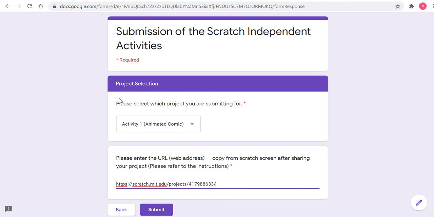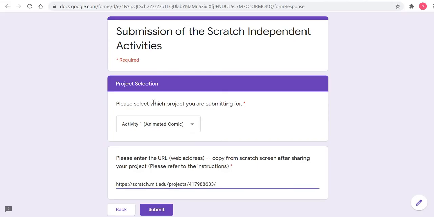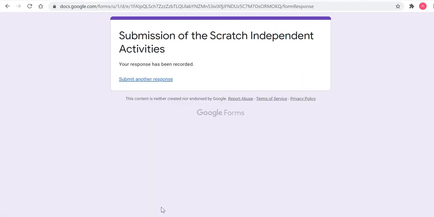In case you did not copy it, do not worry. Just go back to this project page again. This was the project page. Go and select this link here, just select this and press Control C. Come back to this submission form. I've already pasted it here. Once you've done this, you can click submit and in fact you are done.